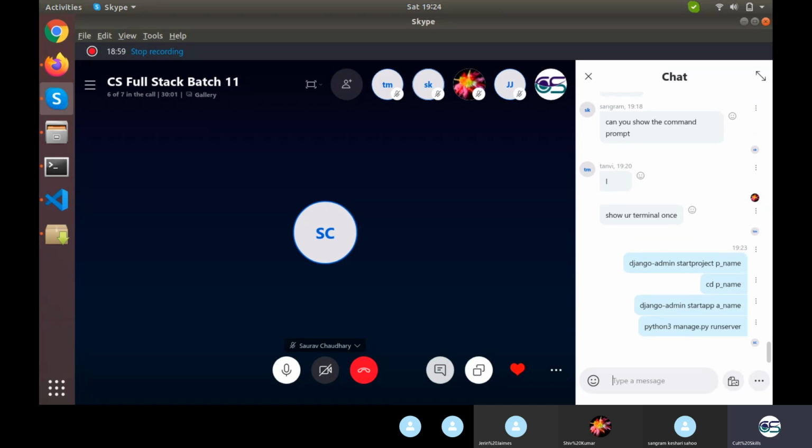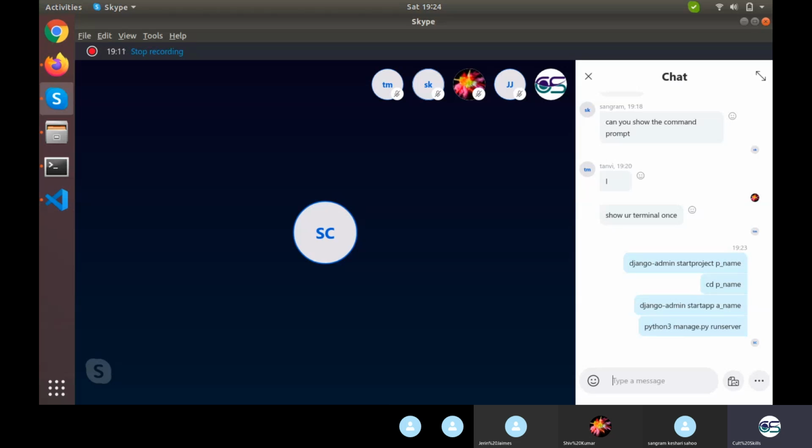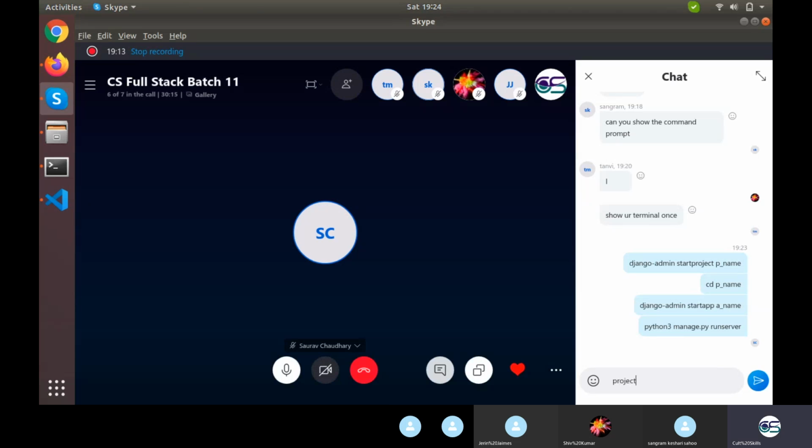Next task is, I hope you are checking it out on your chat box. Next task is, you need to go to your folder and file structure. Firstly open the project name, whatever your project name is, inside that this particular settings.py file.